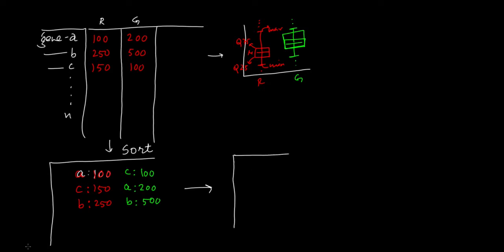So this is going to be your average value. I'll put it in blue. So the average of the lowest value is going to be 100. This is the average. The average of the second one is going to be 175, right? The average of the third one, 500 and 250, is 750 over two, this is 375.